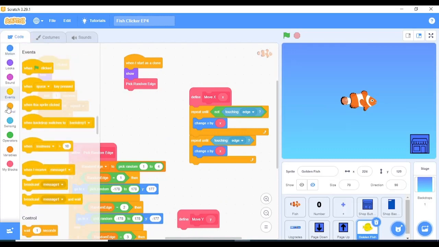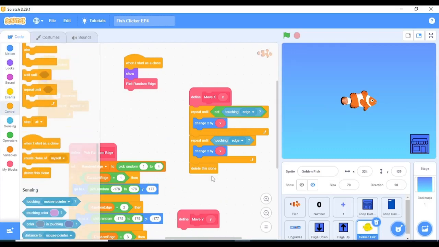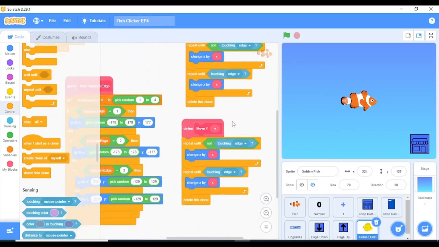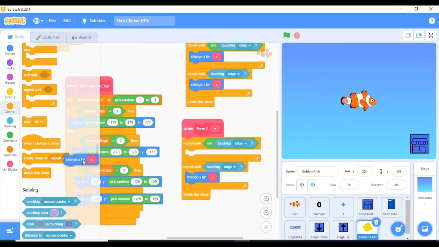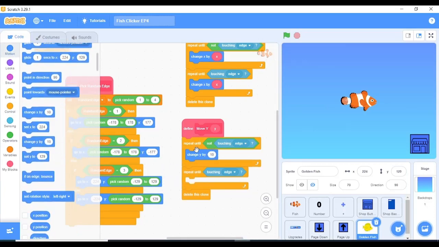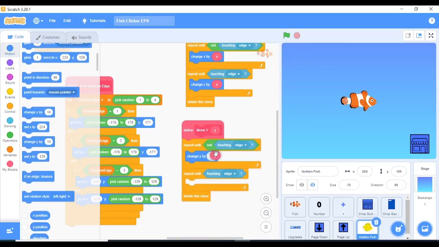and then let's delete the clone like that. Do the same thing for move y, except we just need to change the x to y. So change y by y, and change y by y. Okay,